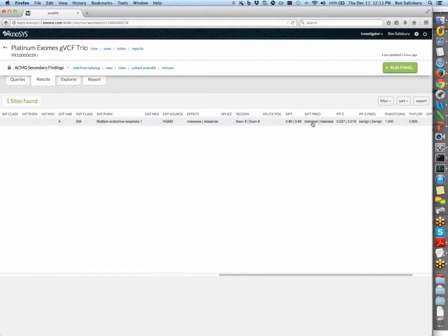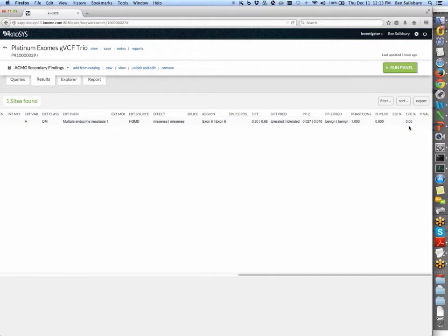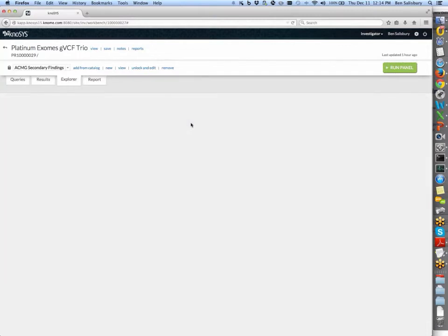But if we keep looking at this variant, we notice that in fact it has been observed in the background reference population, 1,000 genomes. That's still quite rare at 5/100%. But it's also marked by SIFT and PolyPhen as likely to be benign or tolerated. So we can take a look at this variant by clicking on the row.